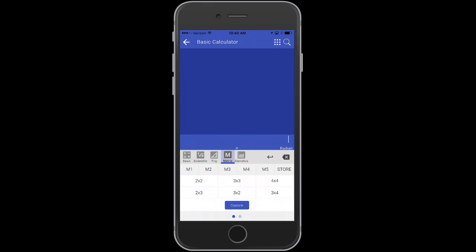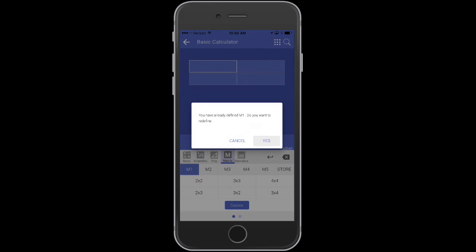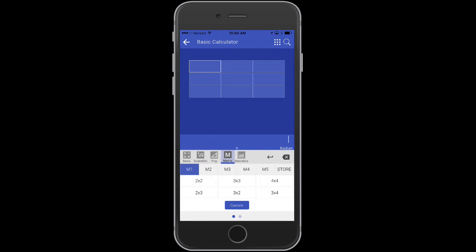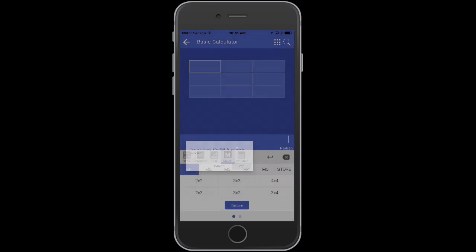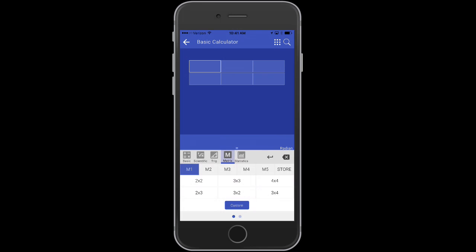So first what we need to do is select which matrix we would like to store and create. So I'll just select matrix 1. Then we determine the size. So notice here we have some commonly used sizes. Yes, we want to change it. So if we click any of these, you can change to any of these sizes,